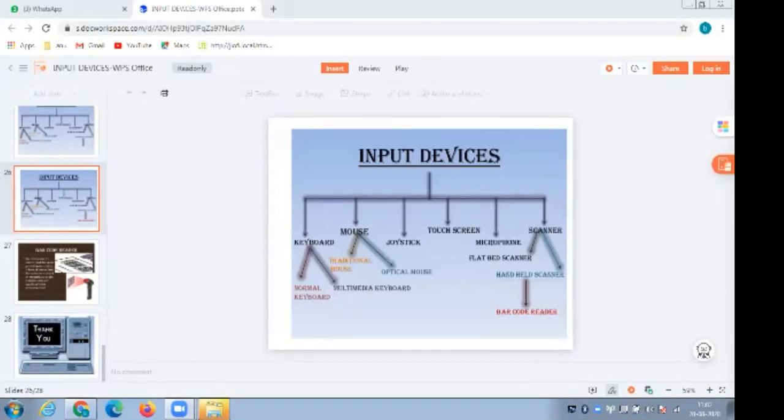Once upon a time, before we had laptops, we had a tablet, which is moved using a stylus pen. The stylus pen is also an input device. So you can write many input devices. And once upon a time, we had data gloves. Data gloves are also used as an input device, where we put on a hand glove in which sensors are attached.